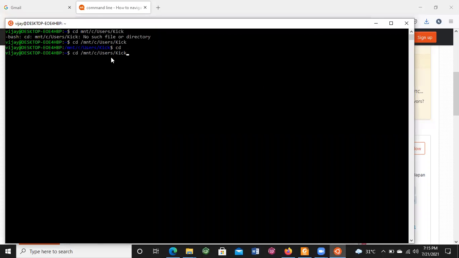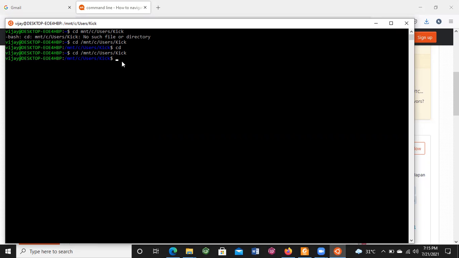Use this command, cd /mnt. Actually, I forgot to write the slash, and now press enter. Finally, we move to the directory where we want to create the new folder.